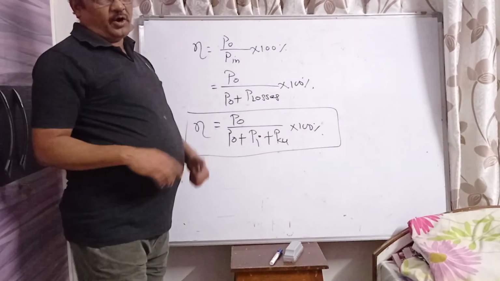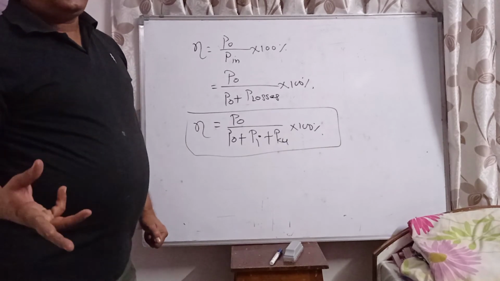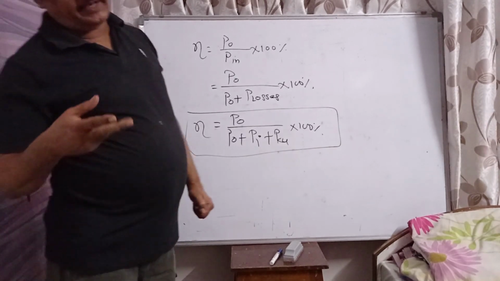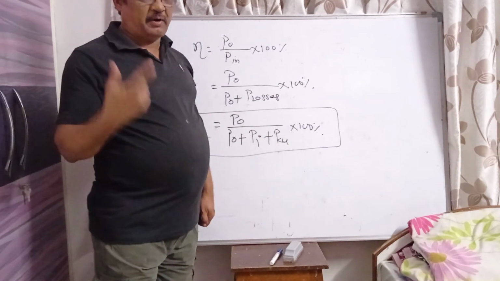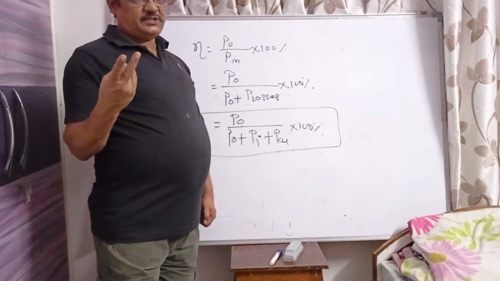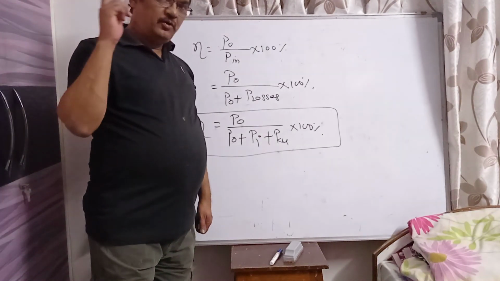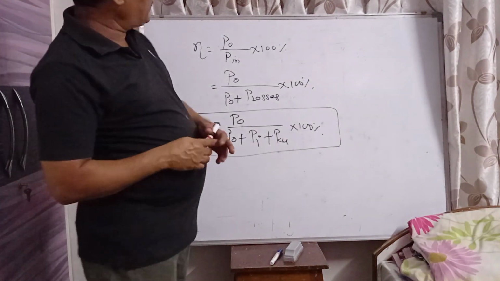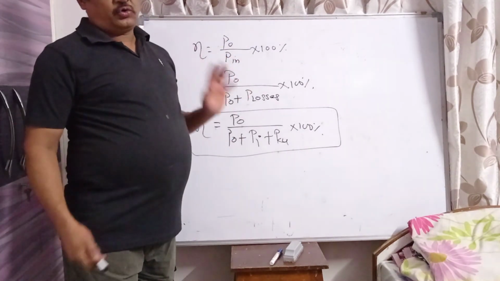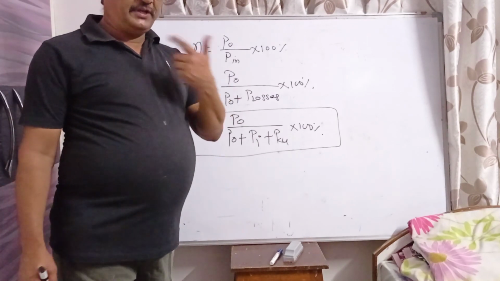So this is all about the open circuit test and short circuit test conducted on a transformer. These two tests are conducted to calculate losses in a transformer. Losses means power losses: two losses, iron loss and copper loss. Iron loss is constant loss that is calculated by the open circuit test, and copper loss is variable loss that is calculated by the short circuit test. This much you have to write when a short note on the open circuit and short circuit test is asked. So in the next lecture we will study another article.